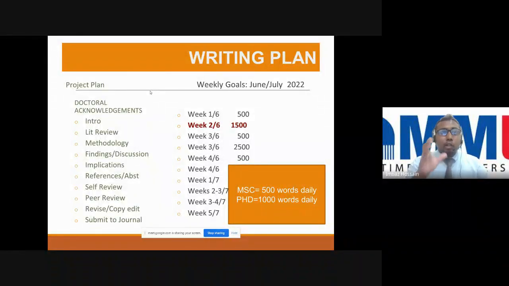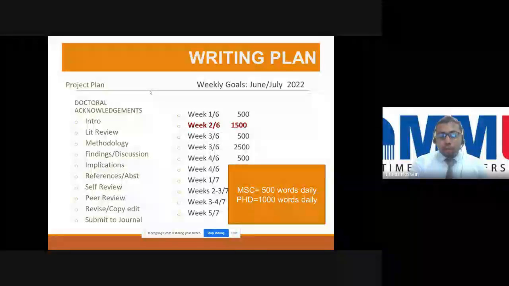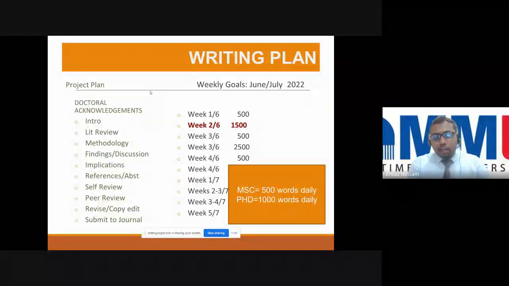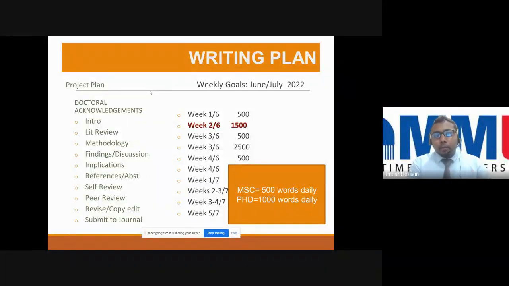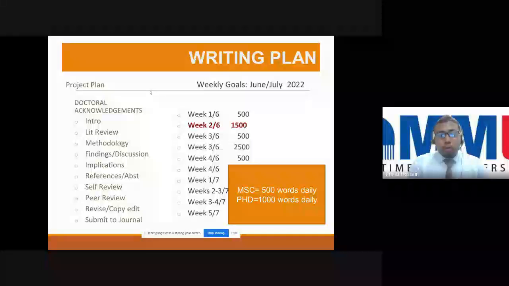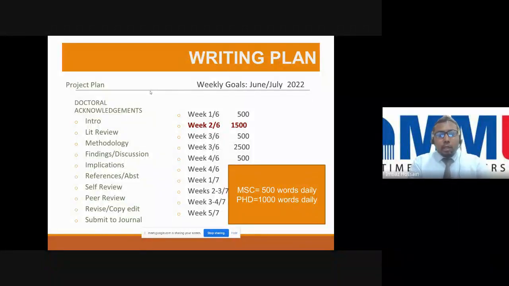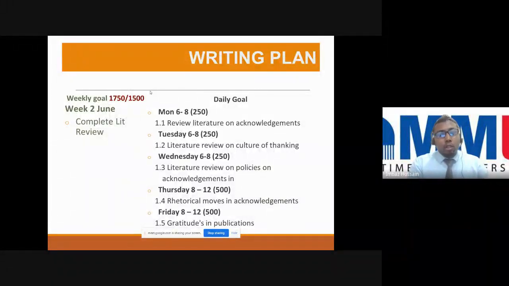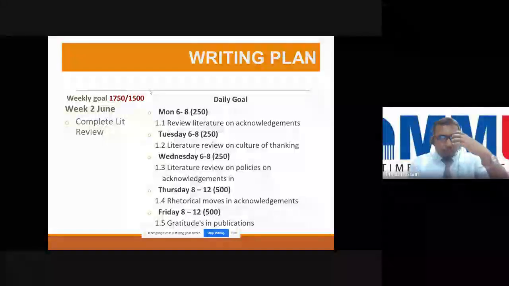And find out your own niche. This is important. The progress is important no matter how many words you are writing. So he suggested this number to quantify our progress. If you follow that, he suggested that within 1 week you can write around 1,500 or 1,750 words. So those will be helpful to complete one of the chapters or one of the sections of your